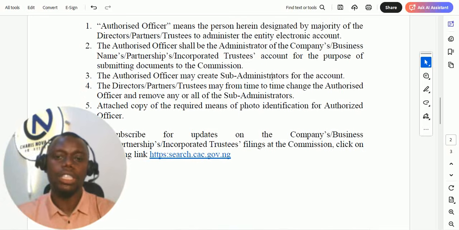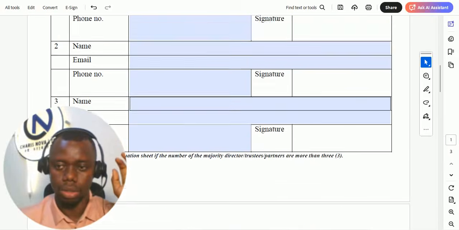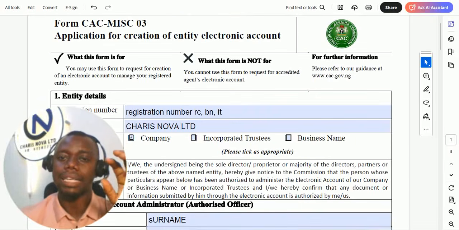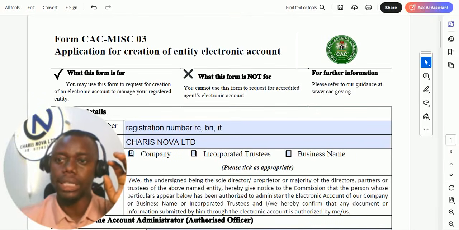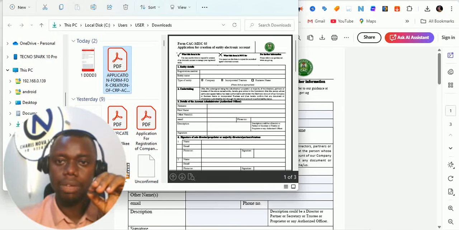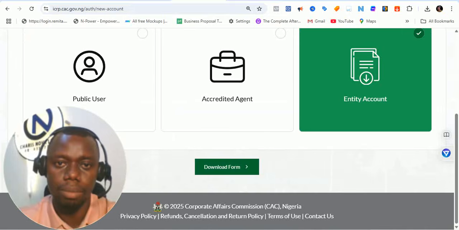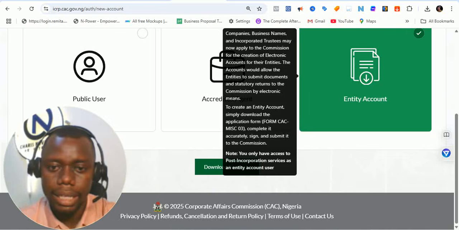But once this is done, you print this out. You print it out and you take it. Now look at what they said though. Let me read it, so that it does not seem as if I'm saying it from my own head. It says that